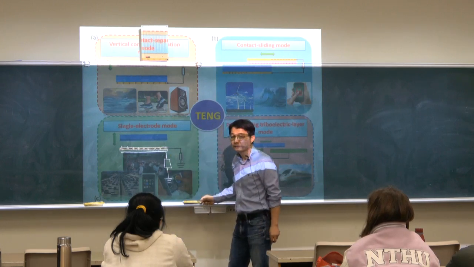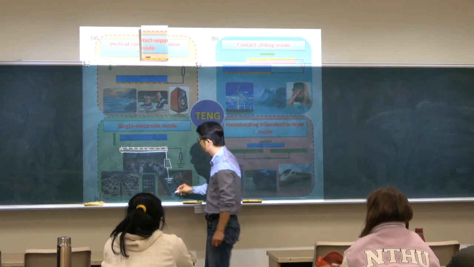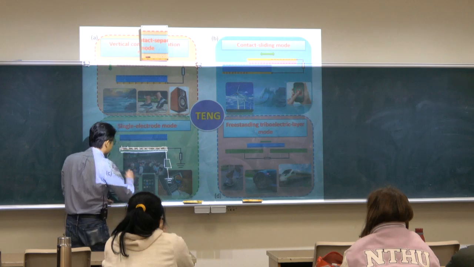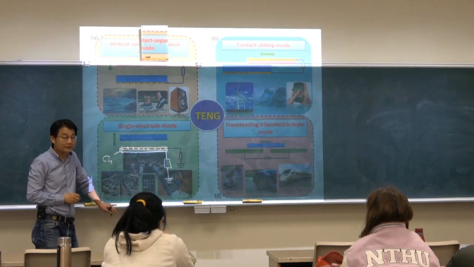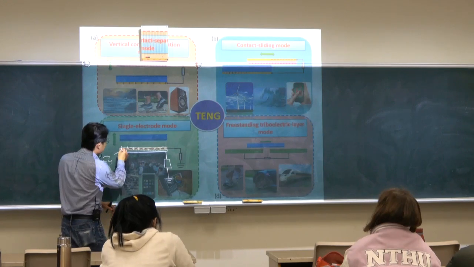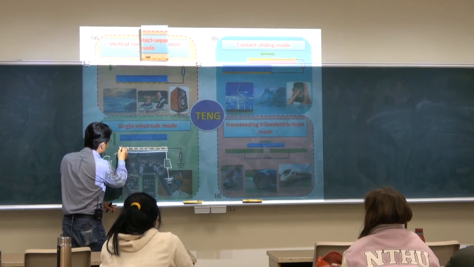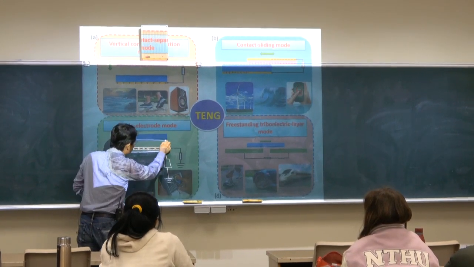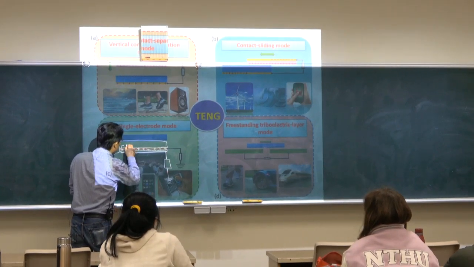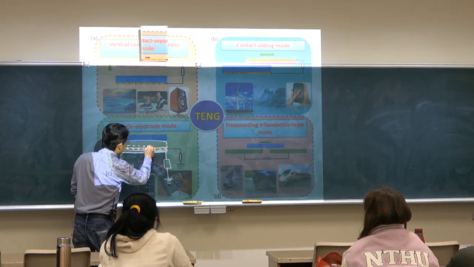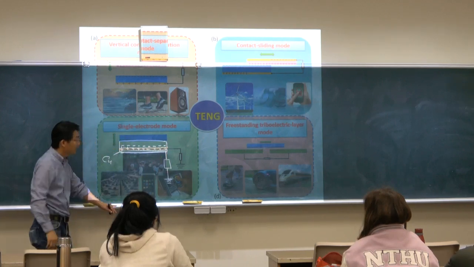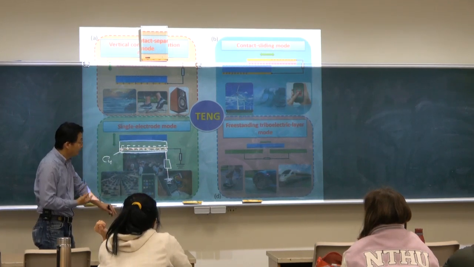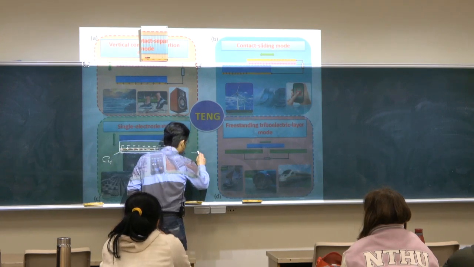This is the ground, okay? Because ground should be in contact with the electron, coupled, right? Coupled. So in this moment, you could see, because once we fully contact, negative, right? There's no charge, right? No charge. And once they separate,